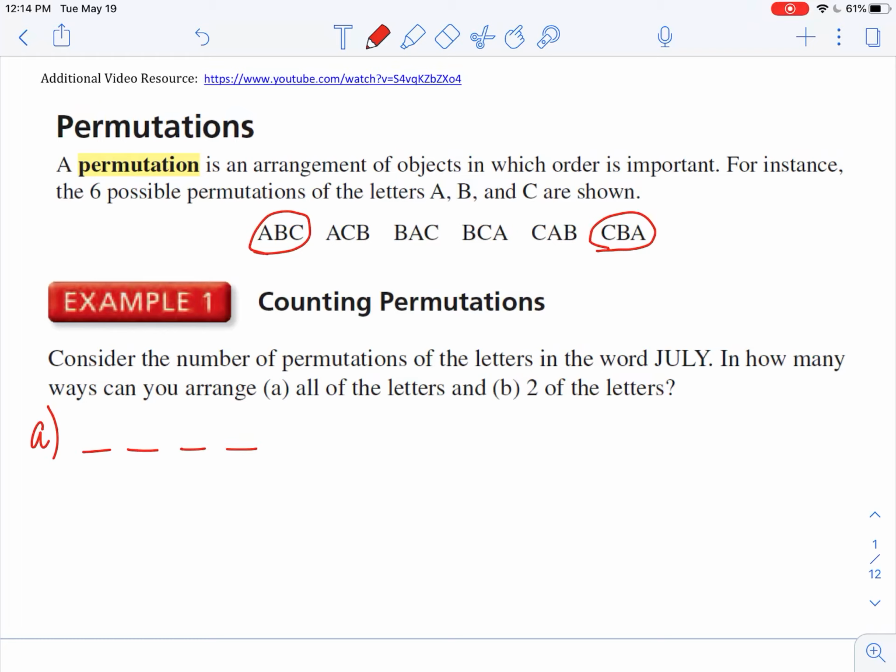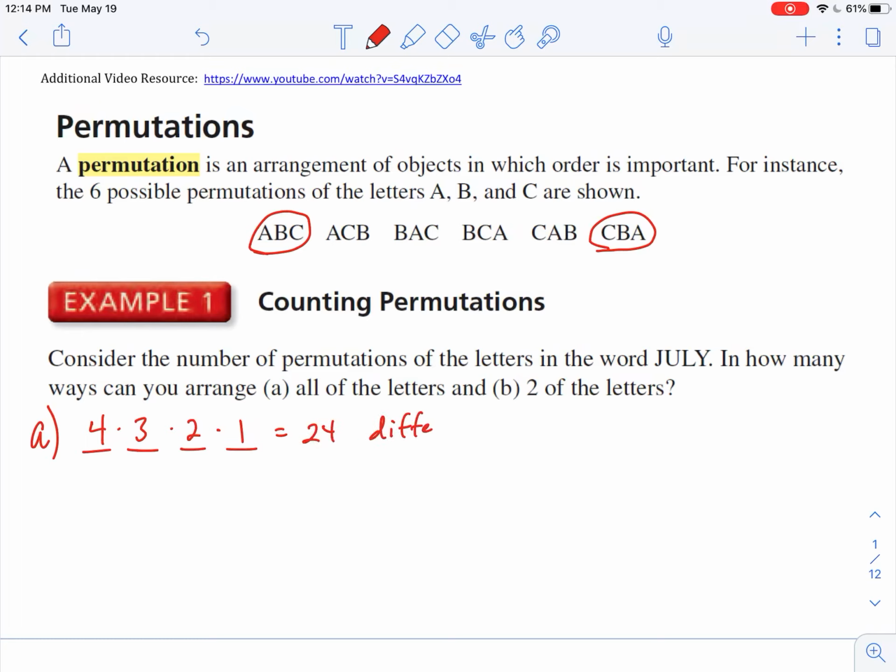So in the very first position, I have 4 different objects that I have to choose. Once I've made a choice, though, I no longer have that as an option. I have 1 less to put in the second position, and 1 less than that to put in the third position, and 1 less to put in the fourth position. When you multiply these all up, what you end up getting is 4 times 3, 12 times 2, 24,